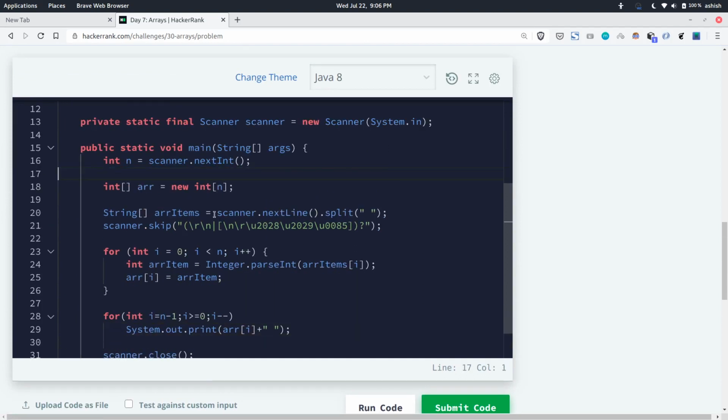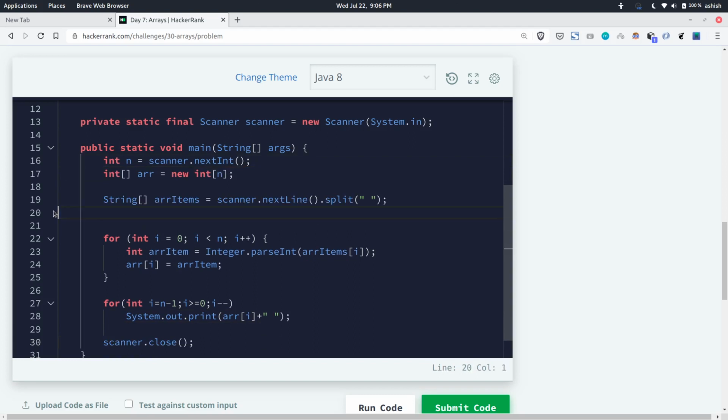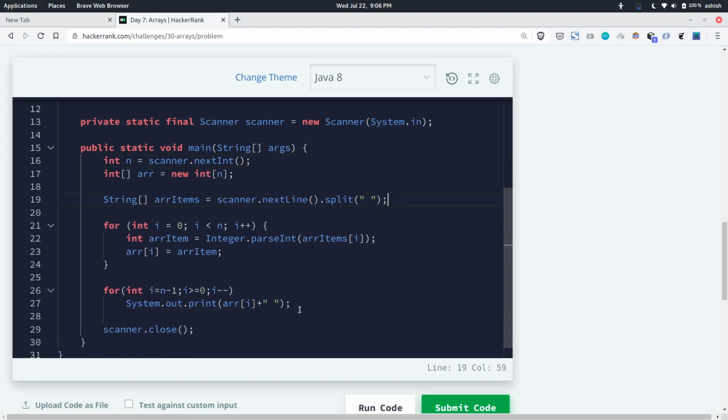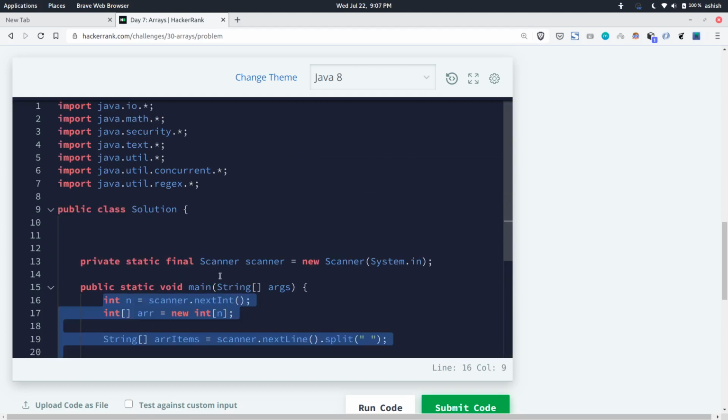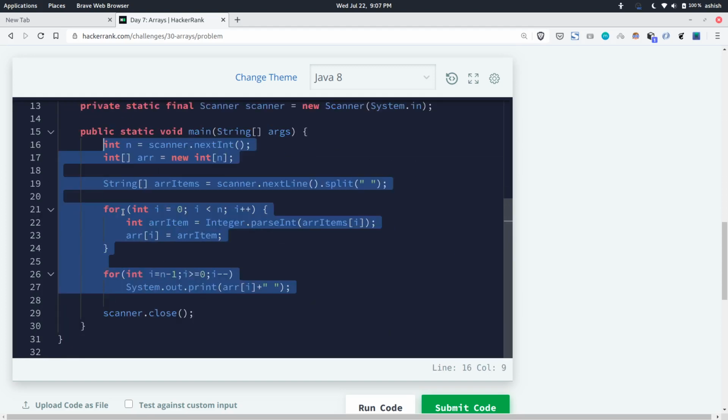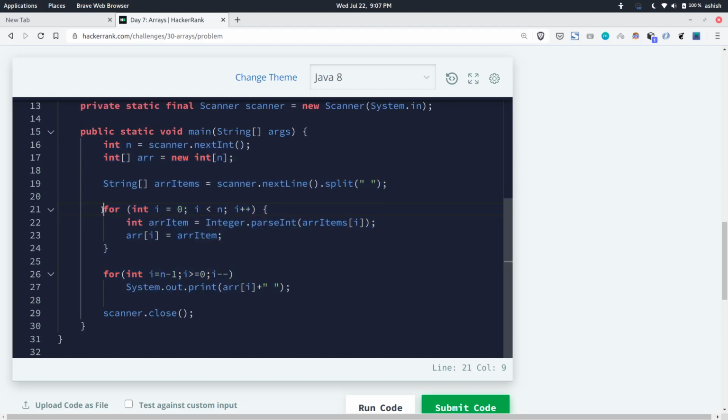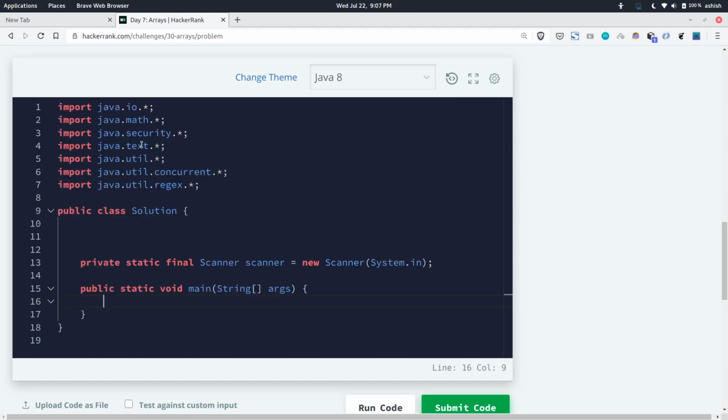So if you want, you can write your own code. For example, you can remove all this, and you can remove the whole thing, and you can write a whole code here. But to make it easy for you, HackerRank gives you this already pre-built code. But when you go for your competitive exams or your interviews and the online tests, they don't give you this whole code. They will give you only a main function. So you need to write your whole code here.